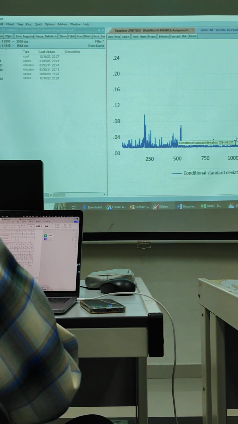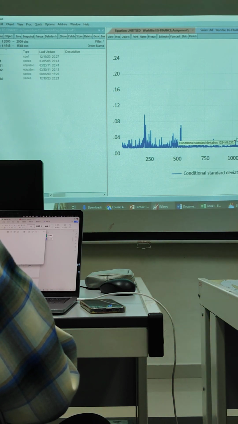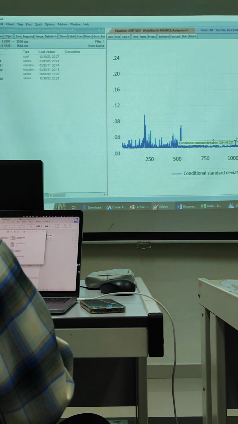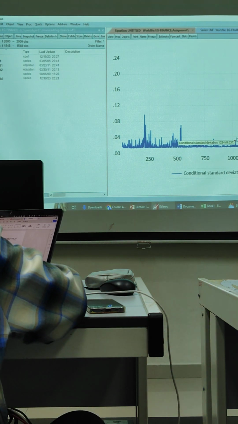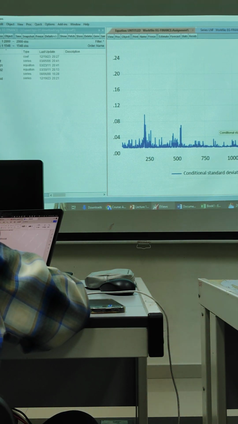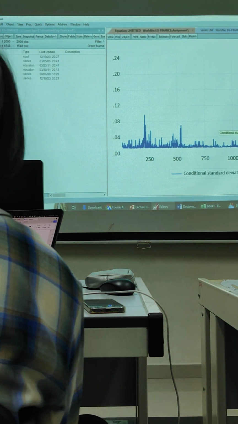Actually, what other information can you obtain? We can use this volatility model to predict the risk. What is the risk in the next period? So we can use this volatility model to predict the future risk as well, or predict the uncertainty in this series. So this is the objective for us to model, but on the condition that, just now, we also noticed this model actually has limitations. There is still an ARCH effect, right?